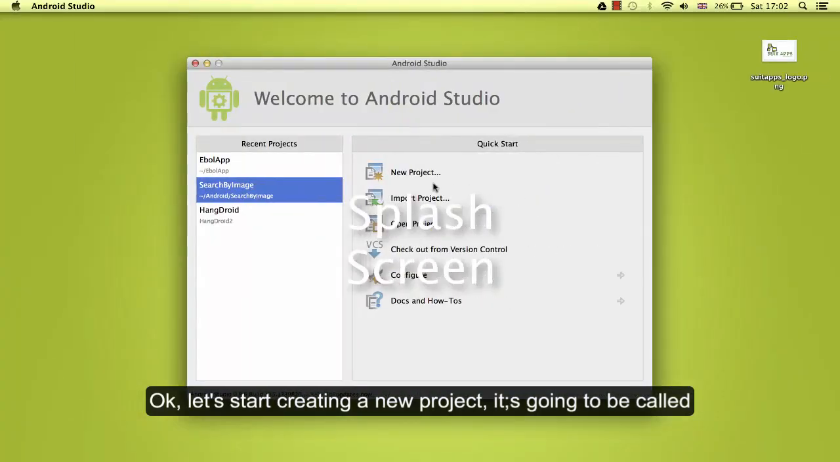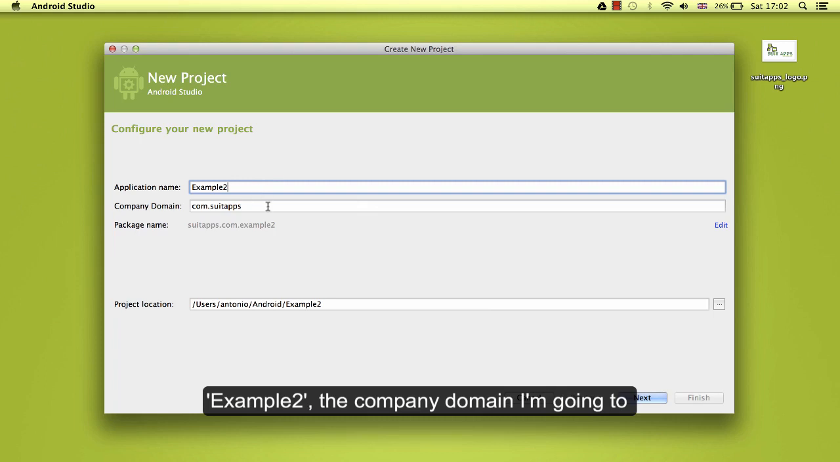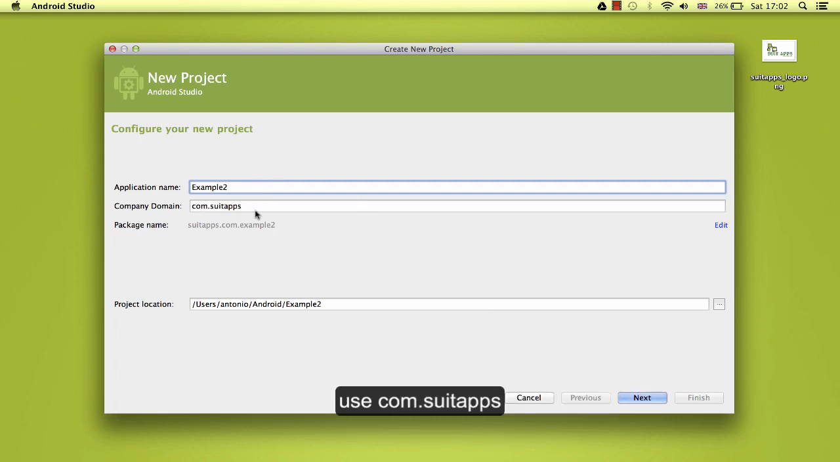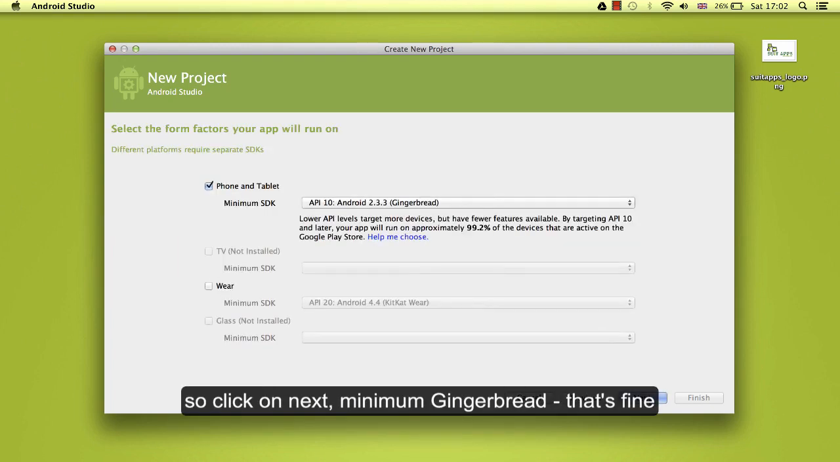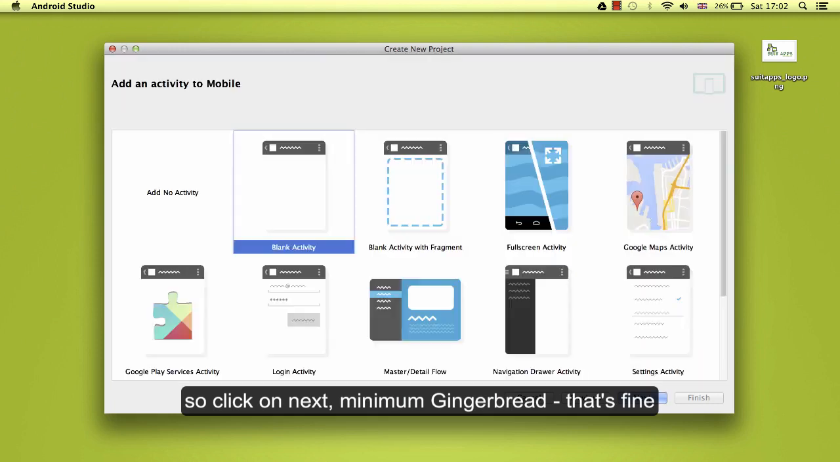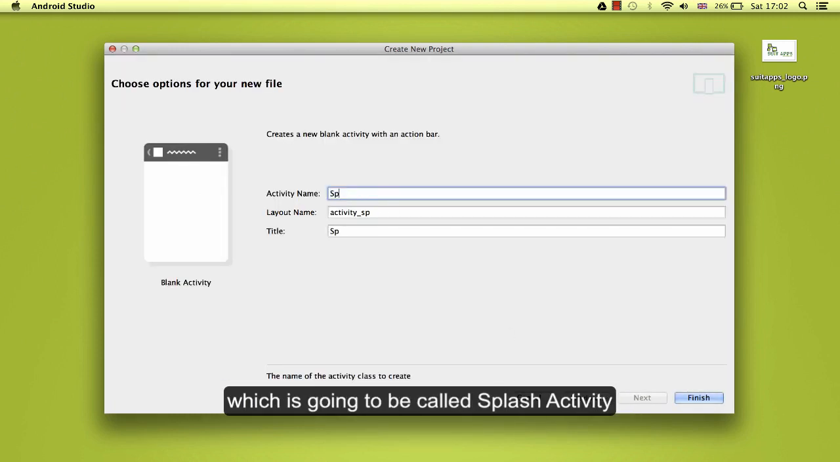Okay, let's start creating a new project. It's going to be called example number 2. The company name, I'm going to use Subtitles, but you can change this at any time. So click on next, minimum Gingerbread, that's fine, and create a blank activity, which is going to be called a